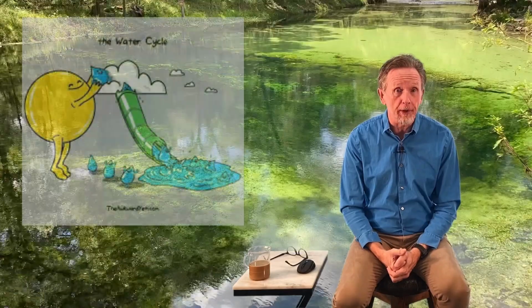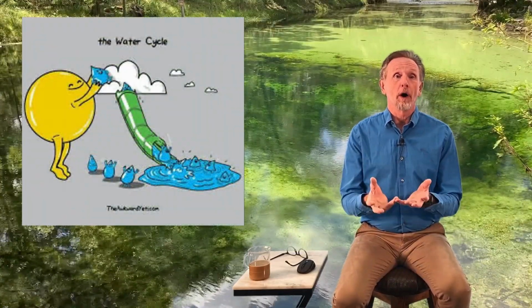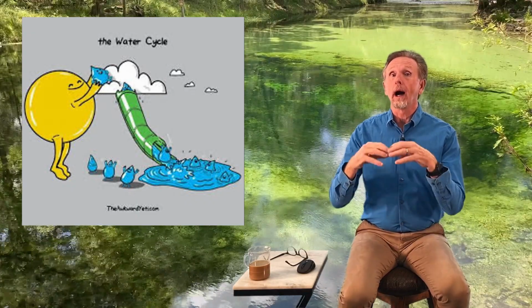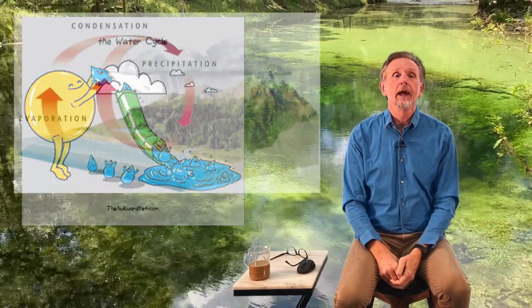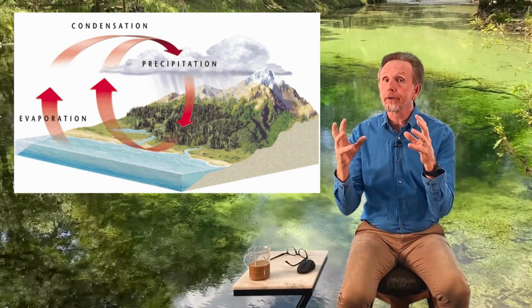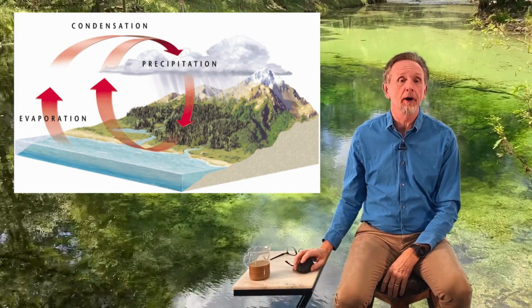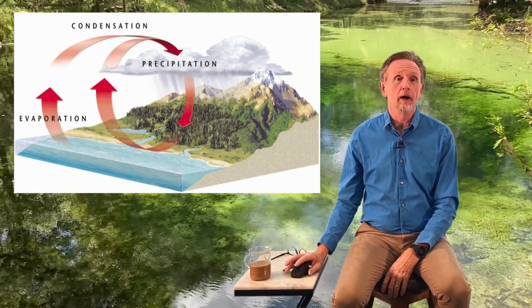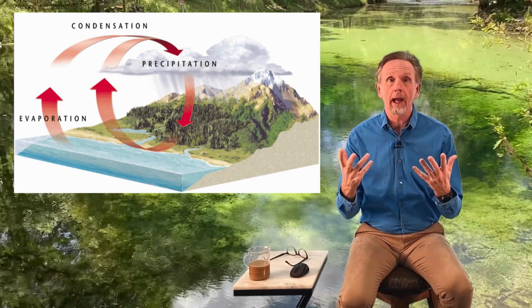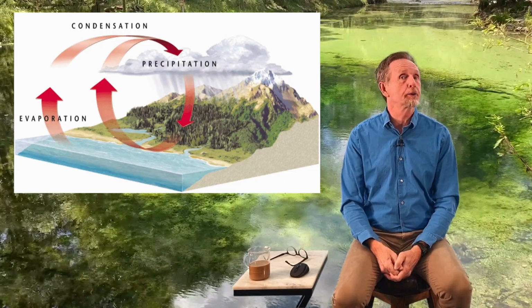Now, I'm not going to harp too much on the water cycle because most of us are pretty good with it. But in essence, the water evaporates, the water rises as it cools off, it condenses. As it condenses, it forms into clouds, and eventually the condensation can be enough that the water precipitates and falls out of the cloud back to Earth in the form of either rain, sleet, snow, hail. Any kind of form that it comes out of the cloud is known as precipitation. And this is how you and I get our daily fresh water. It keeps evaporating from the oceans and falling into the mountains and the streams and refilling our water table.